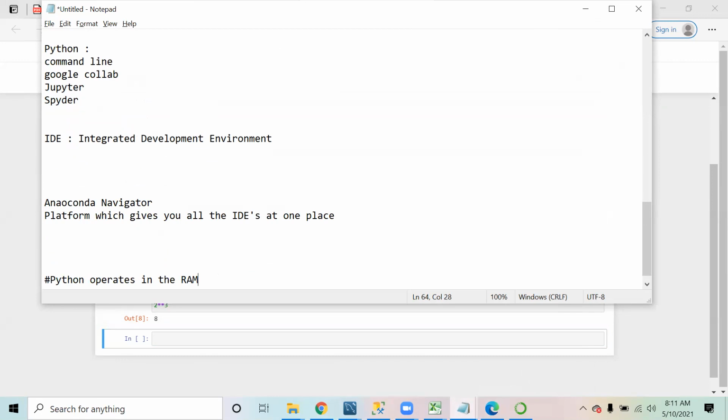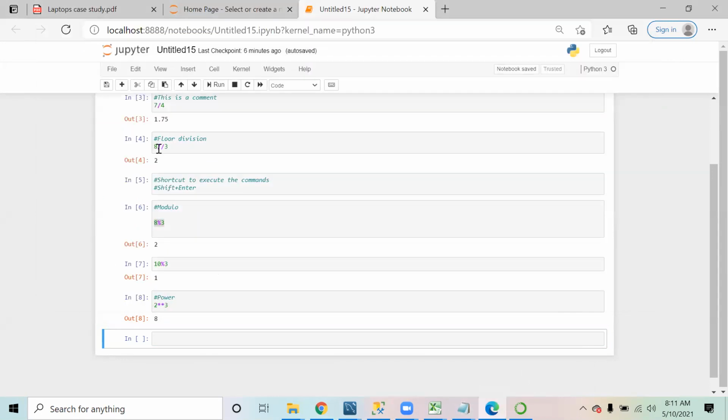So whatever we have done, these numbers, all these calculations, are right now happening in the RAM. Python, and this is the same case with R as well, does not store anything on your hard drive. All the calculations and all the data will be stored for the meantime in the RAM only.